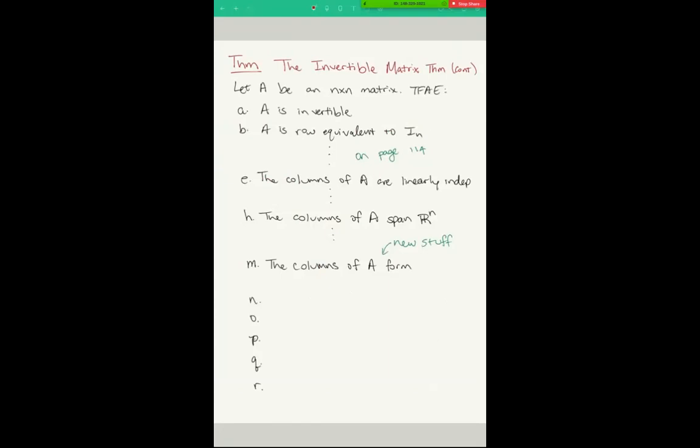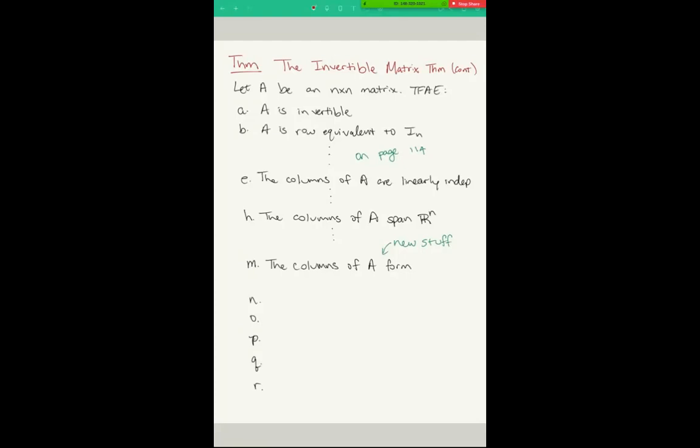So if A had columns that were linearly independent, this is property E, then that meant we were row equivalent to the identity, right? So if all of our columns were linearly independent, then we were row equivalent to the identity, which meant that the columns also span Rn. So if we have n vectors that are linearly independent, property E, that means that those vectors also span Rn,